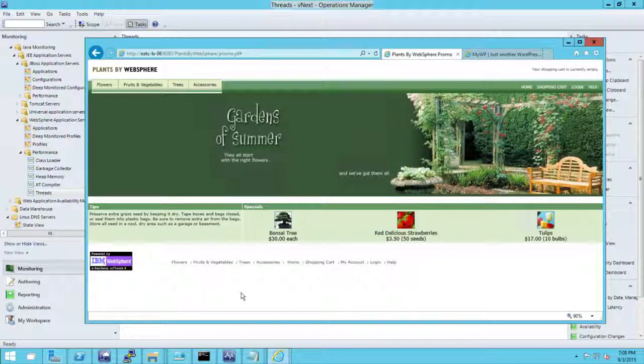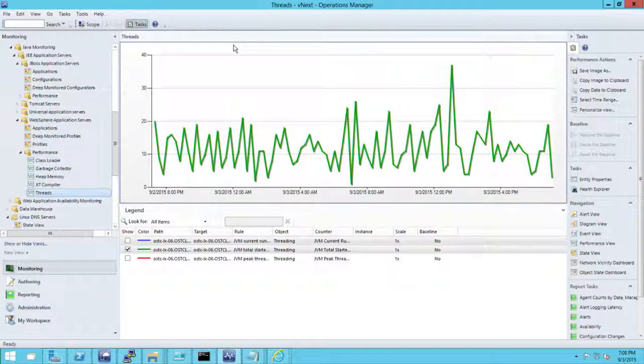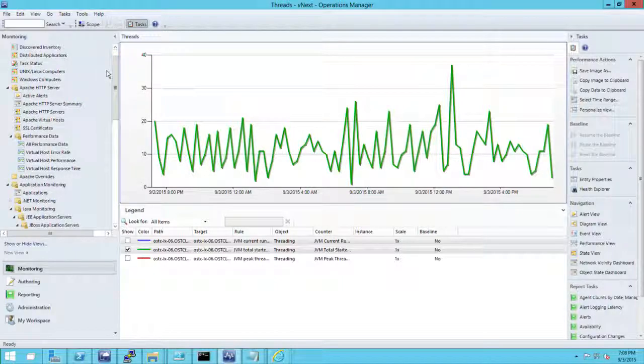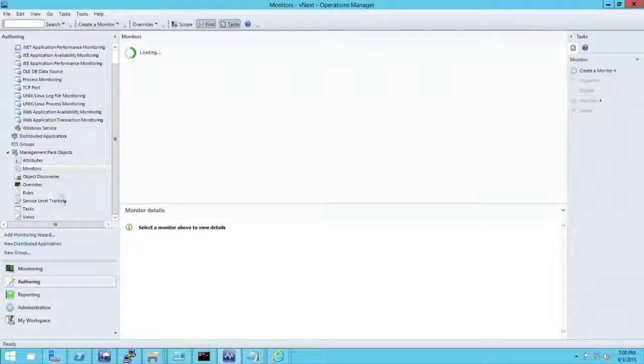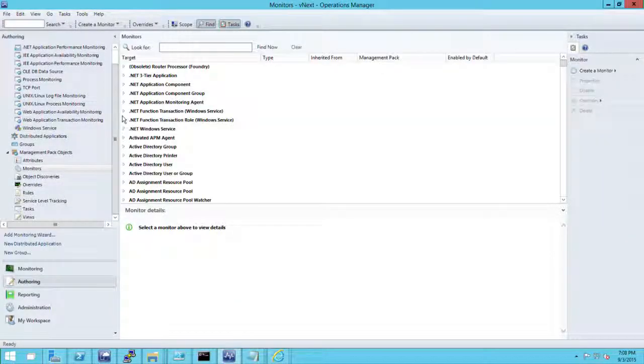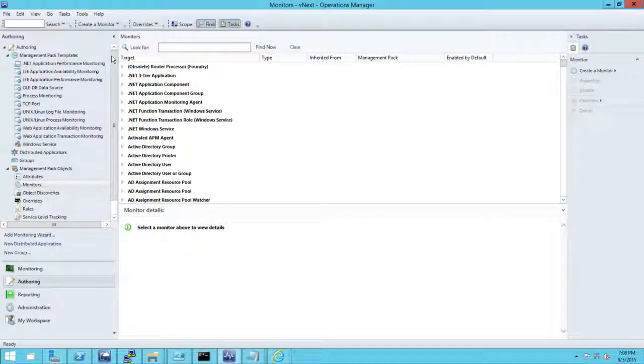So what I've gone ahead and done is I've built this plant enterprise while I was here in New Zealand, and I said, I'm going to be selling plants here while I'm here. And now my business has actually gotten so large that I need to monitor it using Ops Manager. I want to make sure that I'm delivering these plants at a relatively good rate and that my website isn't down. So what I can do is go over here into authoring,